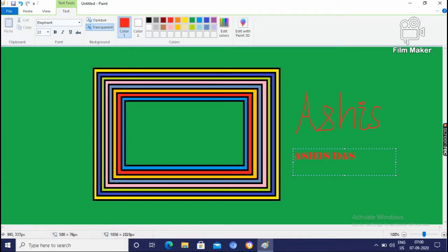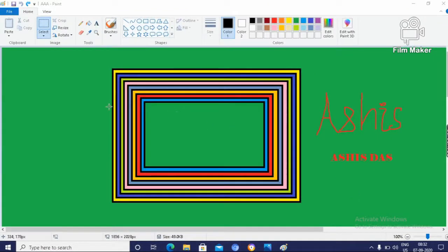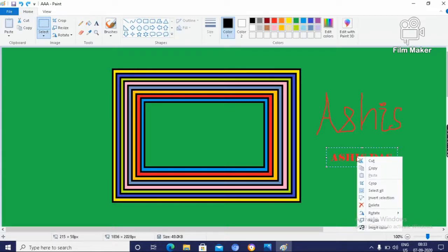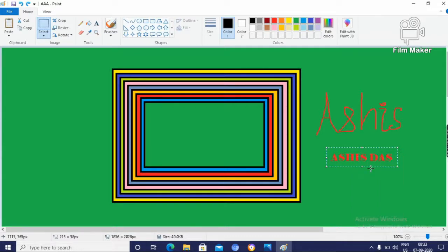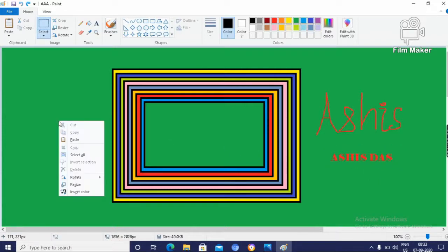Here we can select the text and we can copy and paste. First click on the select tool, then select this, then right click on it, choose the copy option and click here, then you have to paste it, right click, paste.